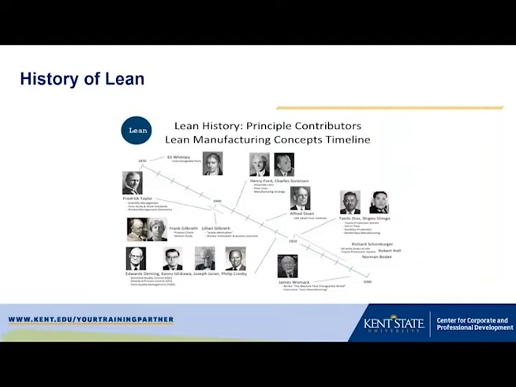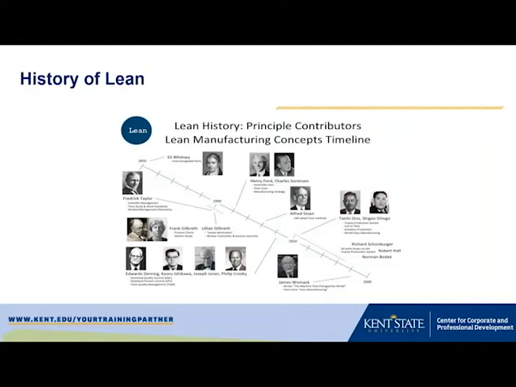James Womack is recognized here in the U.S. because he worked with the Japanese and was able to translate some of the words and the terminology and their thinking and explain it into Western words that people were able to understand. So he helped a lot with bringing lean concepts to American business again.